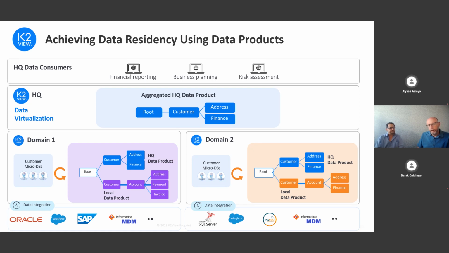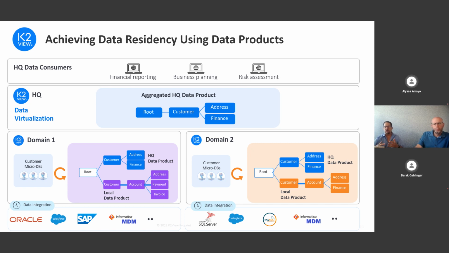So once again, every business domain gets autonomous ownership of its own data product. They can access and manage the data product they own, and still they can serve the headquarters and deliver an aggregated view of each and every business entity, in this case customer, to the headquarters financial reporting application, for example. Totally right, correct. It's democratizing the data.